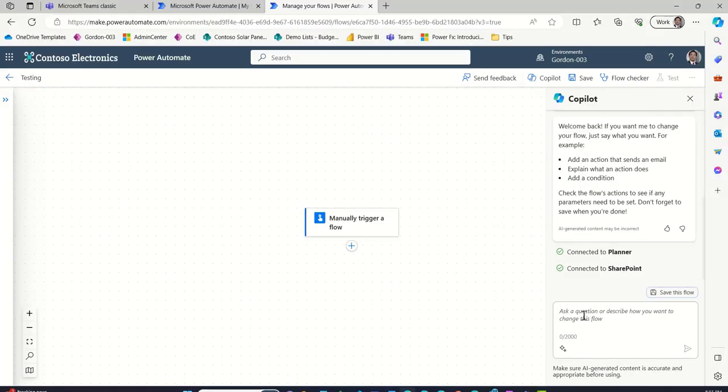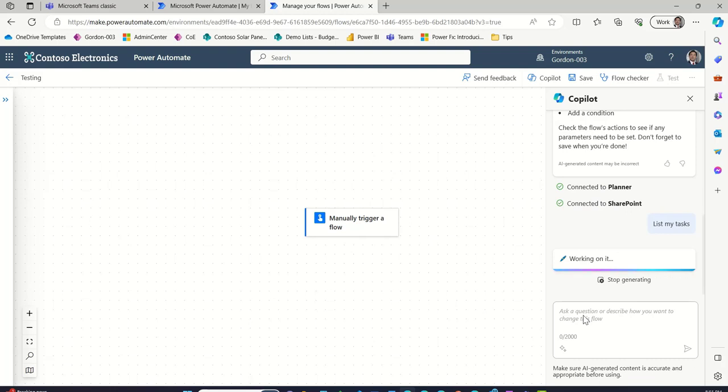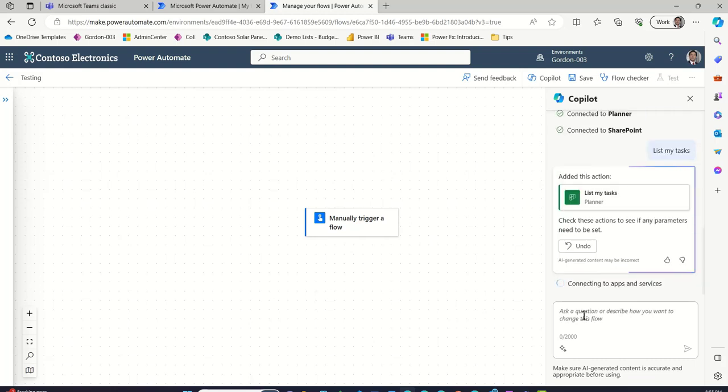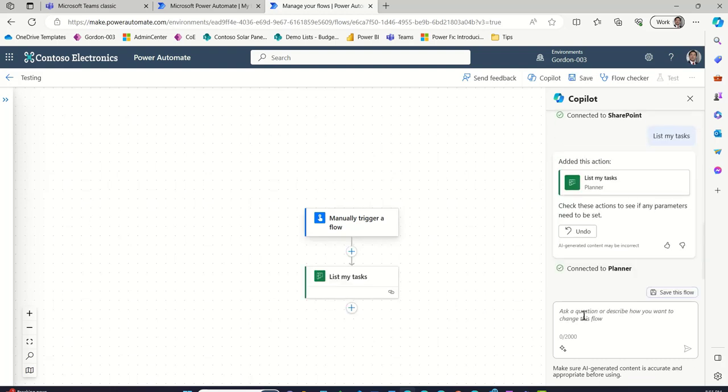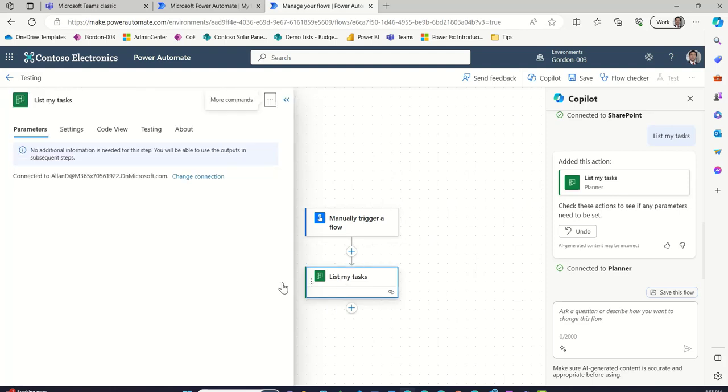Okay, so this last one kind of shows the power of having the Copilot here, because we also have graph capabilities as well. So in some cases, you don't need as much detail. So if I say list my tasks, for instance, right? This is going to use the planner connector, but it's going to use it on a very generic point of